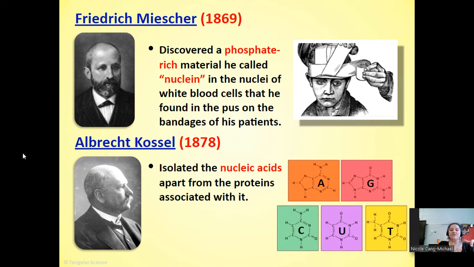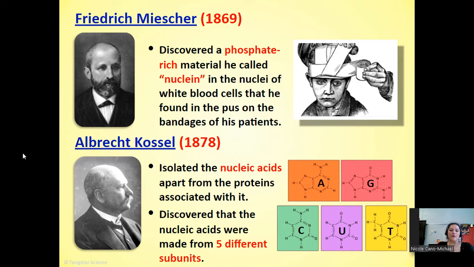He also discovers that there's basically 5 nucleic acids, which really makes the nucleic acids kind of simple chemically. And we'll talk about these 5 more next week. But there are basically 5 different subunits of nucleic acids. Pretty simple stuff. And again, if you remember from our macromolecule discussion earlier, there are two basic types of nucleic acid: DNA and RNA. He didn't get that far. He just figured out that there's 5 different types.